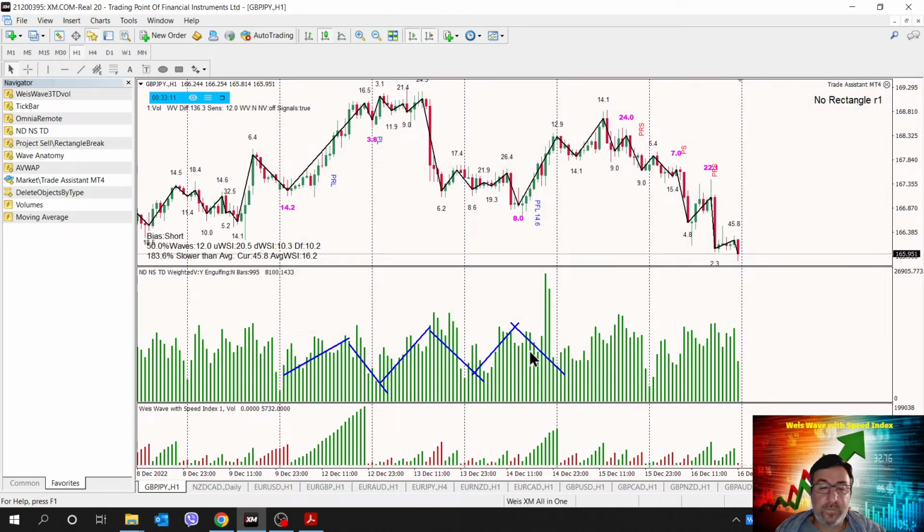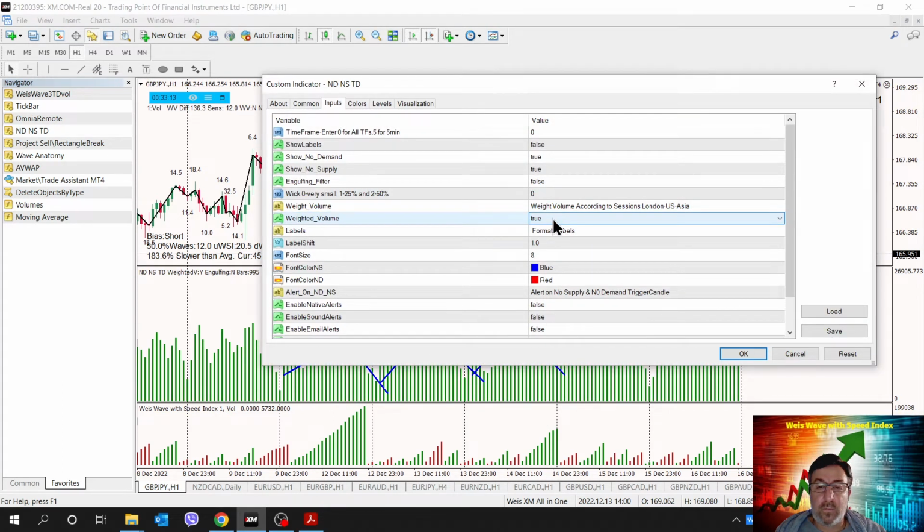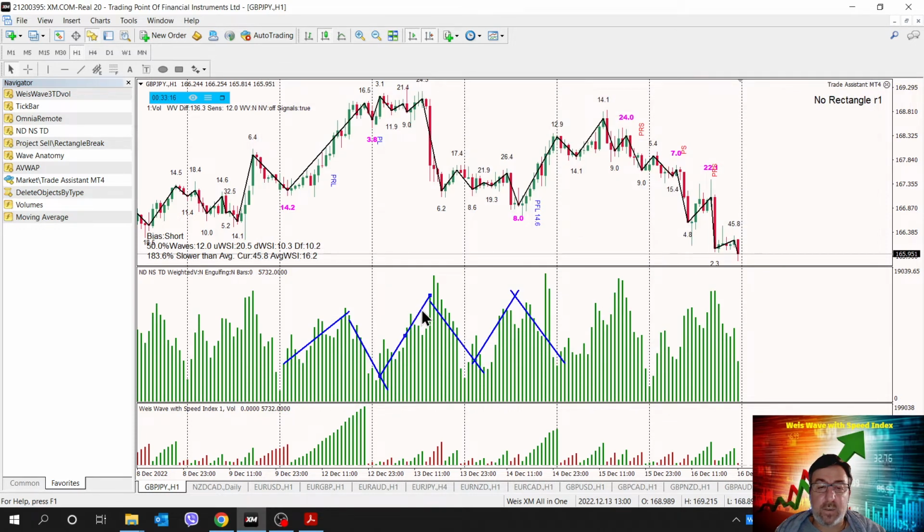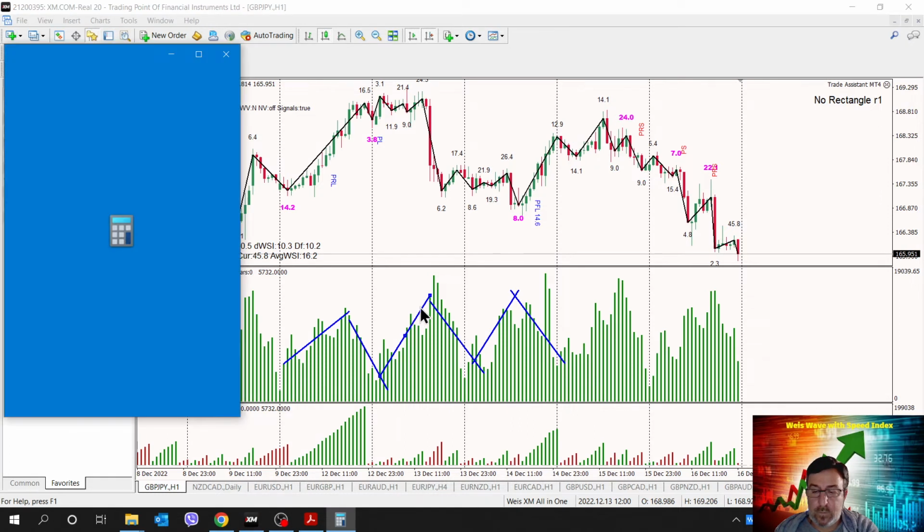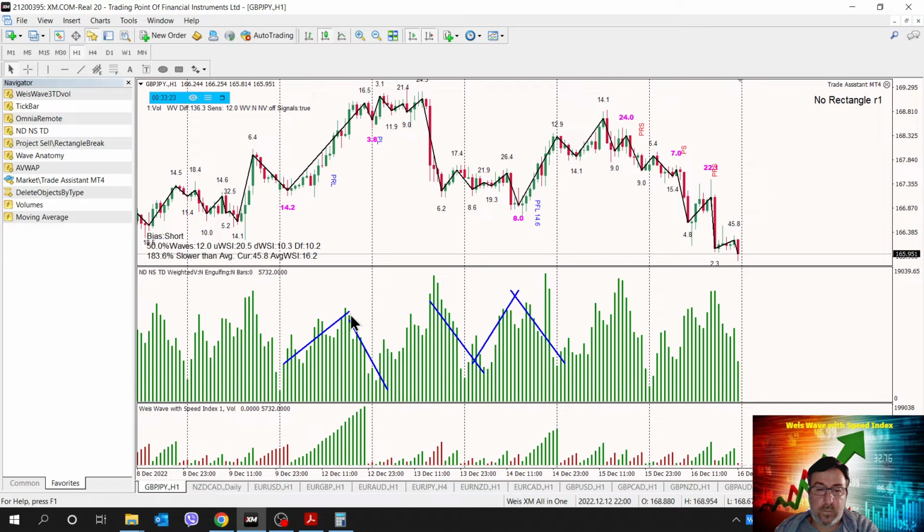So what does it do? Let me take this back to a regular volume indicator. The indicator is adding all these volumes here one by one, and it's creating this cumulative volume histogram.